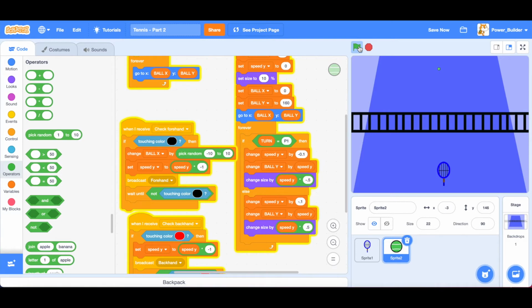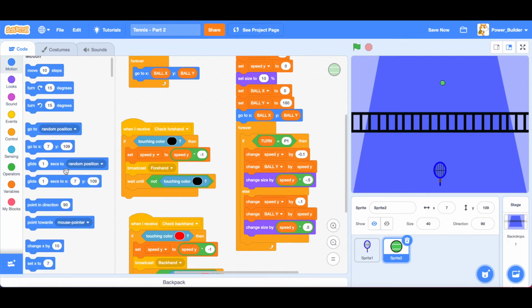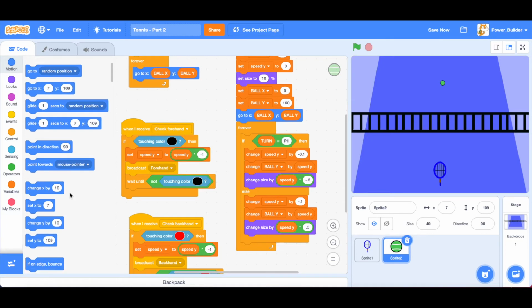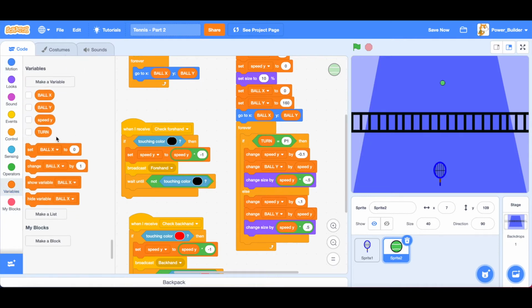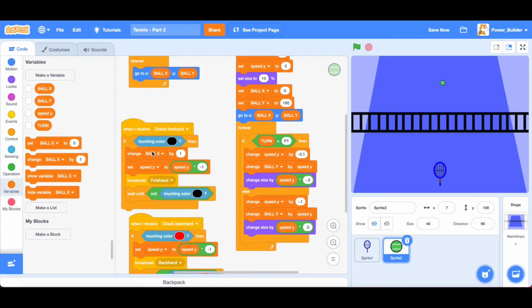Oh yeah, I forgot it's completely random. Let me do a change ball x just by 1, maybe 5.